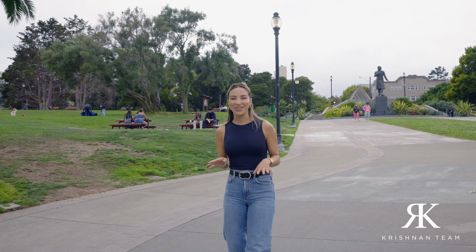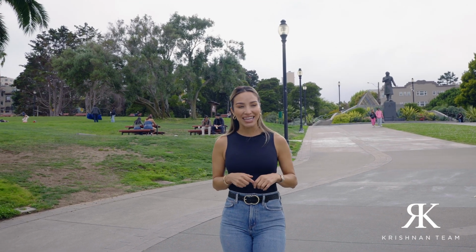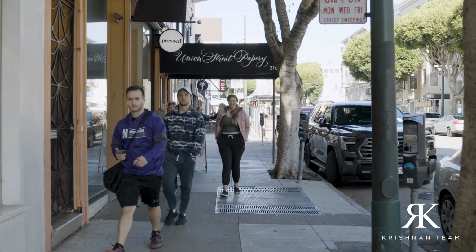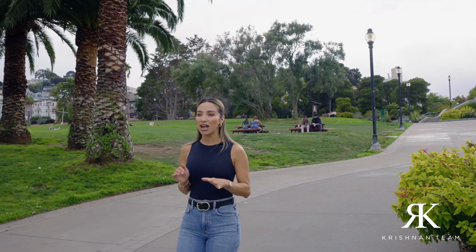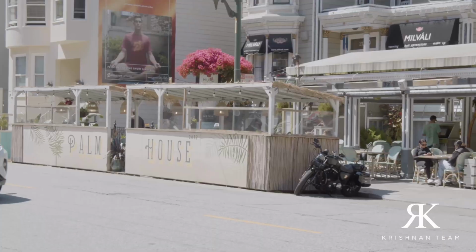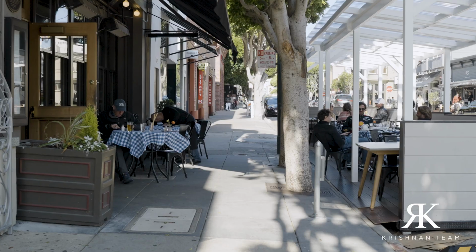The second walking corridor, on the Cow Hollow side, is Union Street. If you're living in the Marina, you can walk to Union Street very easily. It's not too much of an uphill walk either, so it's very manageable. Union Street is another row of amazing restaurants,